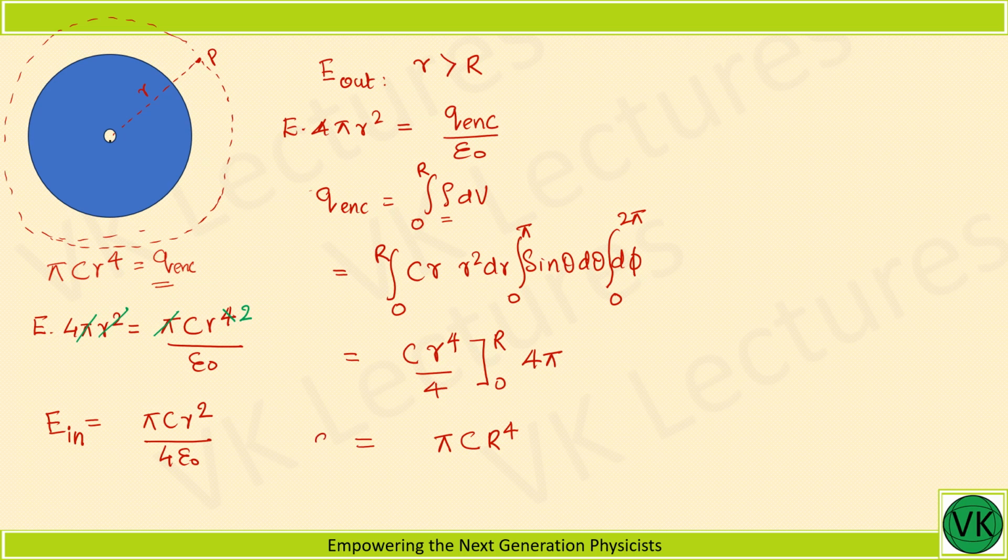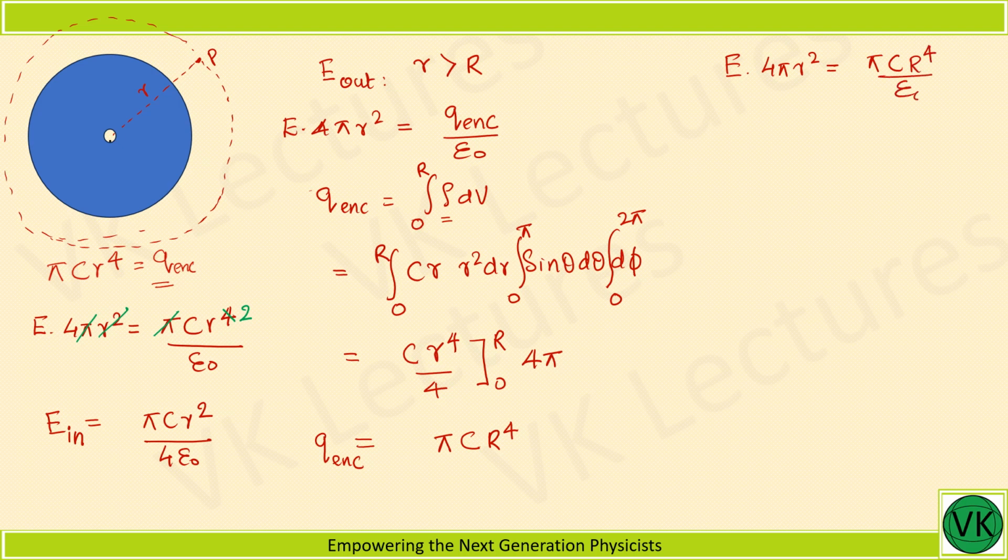So this is Q enclosed. Now applying the Gauss law, that is E into 4 pi r squared equal to Q enclosed, which is pi C capital R to the power 4